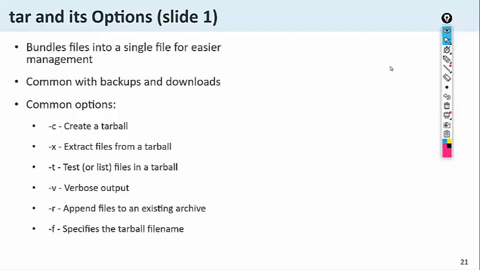So let's start. The first command is tar. Tar is actually short for tarball. If you go online and search, you will find lots of information related to this. This bundles files into a single file for easier management. Like if there are multiple files here, 10 files or 100 files, and you want to manage those files or take a backup of those files,